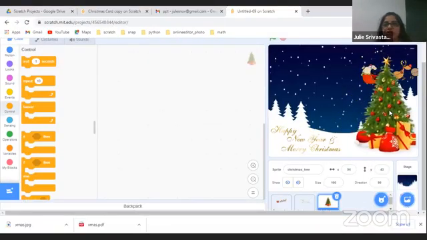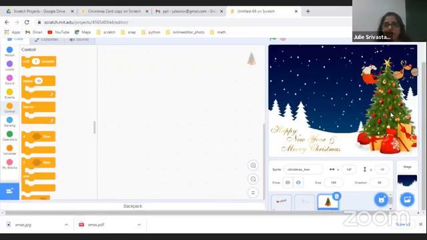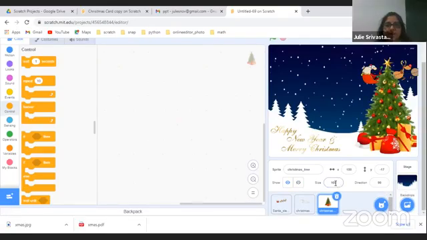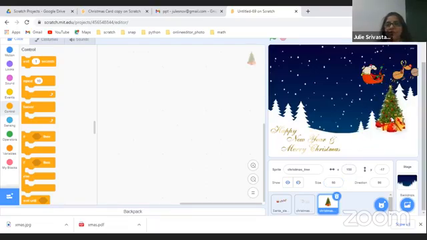Yeah, the tree looks really, really big. We're going to place it on the right hand side, and we are going to work on the size again. Just above the sprite, you will see the size option, and we're going to make the size to 50. Once we make the size to 50, we're going to place it somewhere here. We're going to leave some white space here so that we can write your name. Because when you send a Christmas card to someone, you would want to tell them that it is from you. So you can write your name, love, whatever your name is.